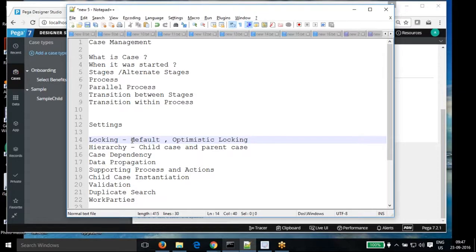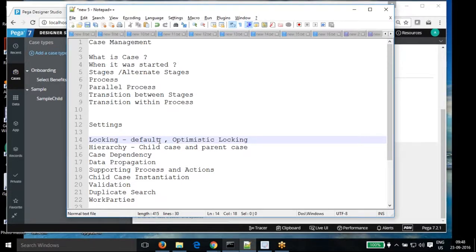Okay. So the difference between optimistic locking and default locking is that in the case of optimistic locking, it acquires the lock when you submit the work. It's not when you are opening the work. So say multiple people have opened the work object, but the person who clicks on the submit button will get the access. Okay, so in this scenario, the concurrency gets increased. Okay? And the default timeout period is 30 minutes. There is logic behind that, like why it was given 30 minutes, right? In the 30 minutes, he can complete the work object, right?